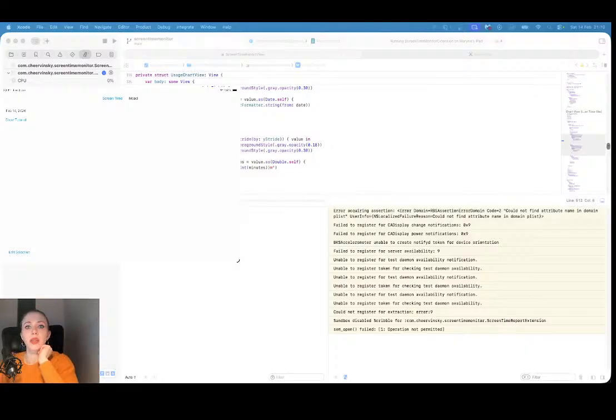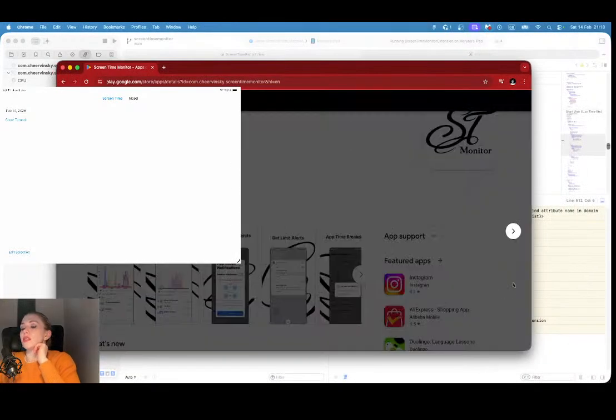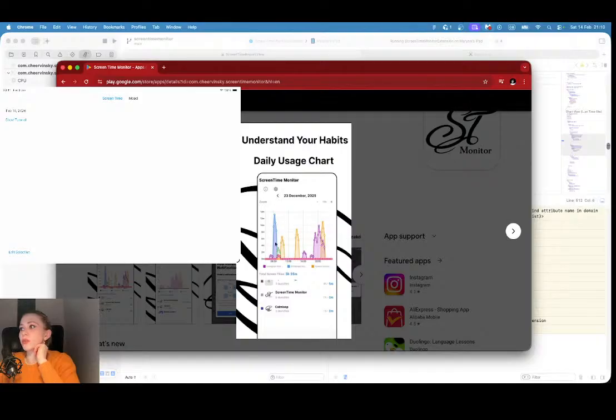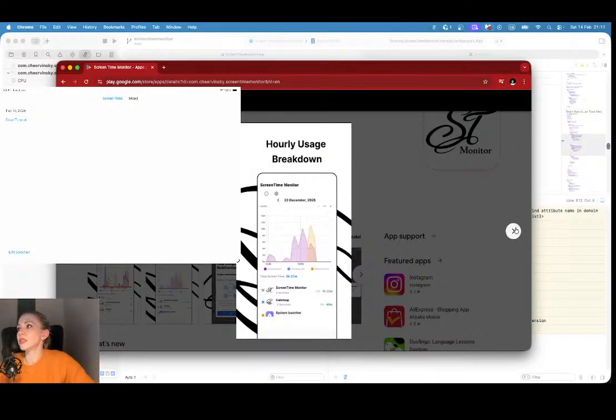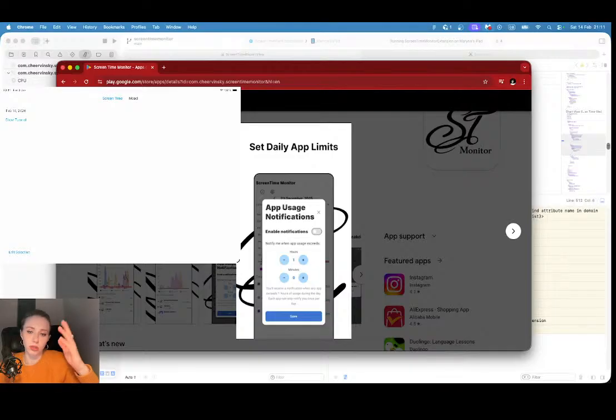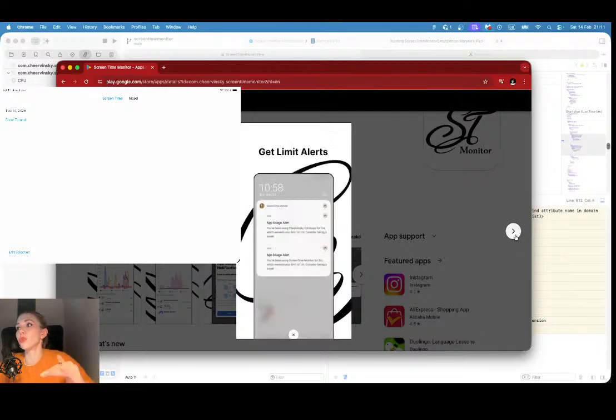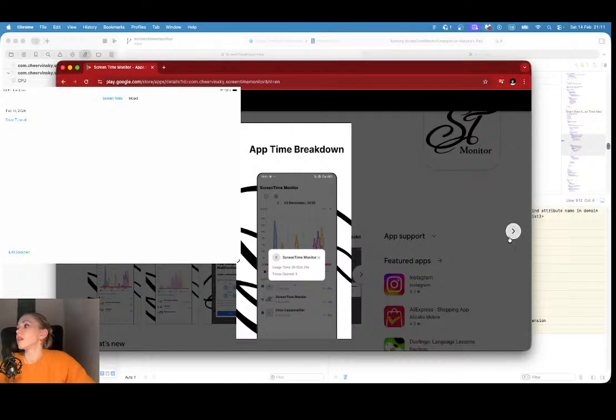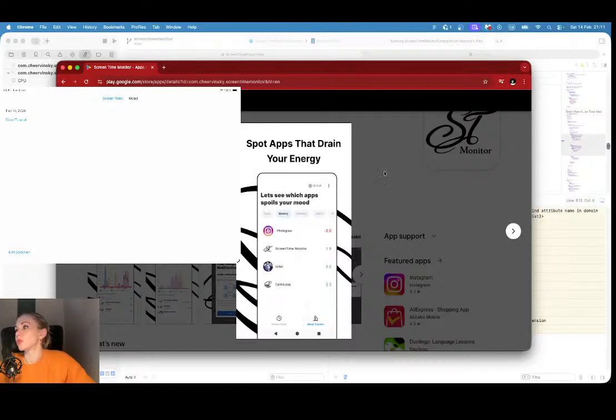Like probably in here, I can show you actually in here, right? You can see that my goal is to make this kind of application. You see the graph, you see in percentage how you used this one, 2 minutes, 5 minutes, and along the day when was the peak of the application usage. But at the same time, you can send a notification if you overuse some application longer than you want to. Let's say you don't want to use any application longer than 1 hour. So in such case, you're gonna get